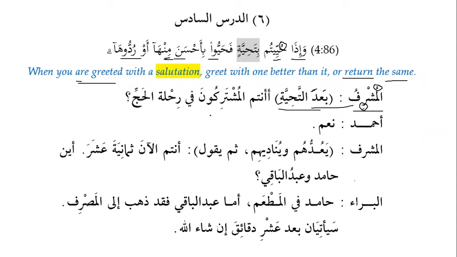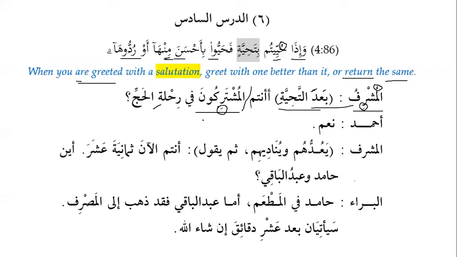Antum al-mushtarikuna fi rihlatil hajj. Are you participants in the journey of Hajj? Antum, is it mubtada? Al-mushtarikuna. Mushtarikuna is also on the pattern of ism al-fa'il, but this is from the mazid fihi form of the verb. As we have dhamma in the beginning, it was basically mushtariku, and we know that una, ina, ina. Una is the form of sound plural for masculine. When we have kasra before the second last letter, that means it is on the pattern of ism al-fa'il.